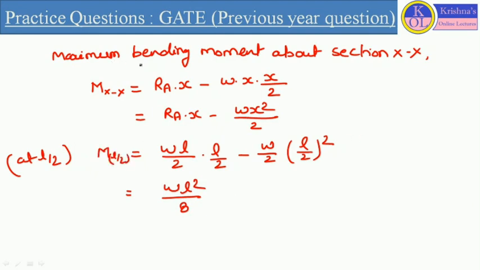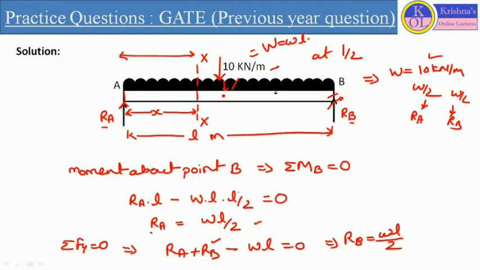So the bending moment about section XX we can define by this equation. Mxx will be RA into x minus w x into x by 2. How? Here we are going to take only this particular section. On this section, how many forces are applicable? One reaction RA and this 10 kilonewton per meter load. And this load we will only consider up to section X. So the intensity of load will be concentrated at X by 2 distance. So the distance we will consider as X by 2.